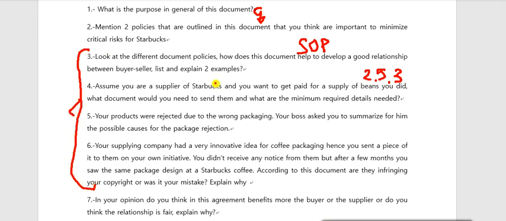The main purpose of all of this was for you to get hands-on with one of these documents, because this is what we do in real life in supply chain. We have to go through all the documents, ensure that everything is clear, that we are supplying the way that they ask us, because if we make a mistake, our products don't get accepted, and that's a very big failure for us. So in this case, for example, our products can be rejected, so we have to figure out what could have happened. And then of course, when we make this kind of mistake, we have to go to our boss and say, okay boss, here you can look into section